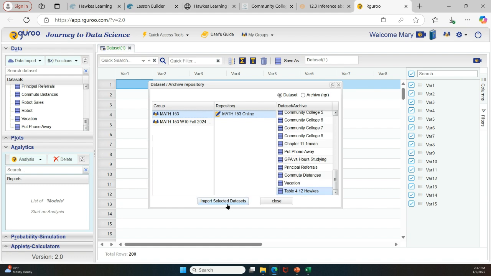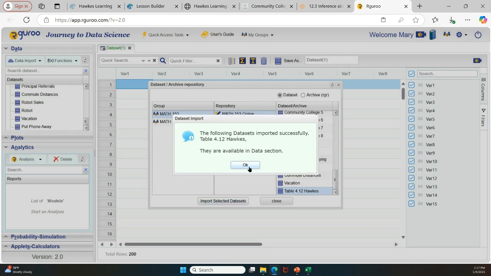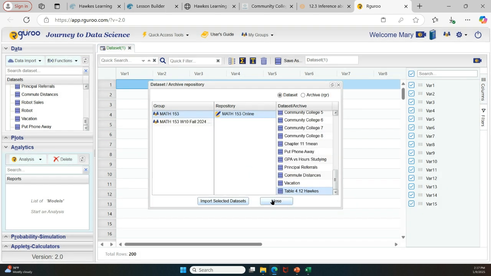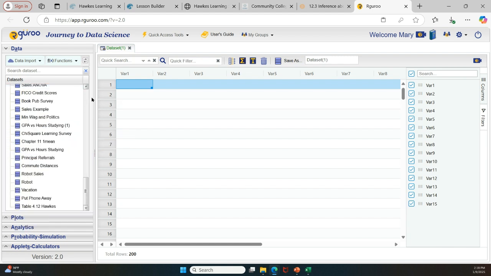Once it's highlighted, you want to import that into your own Rguroo and close this out. And now if you go here, you can see that it is now in, forgive me, I have a ton of data in mine, but it is now in my own data panel. So let's take a look at it. So if I double click on it,